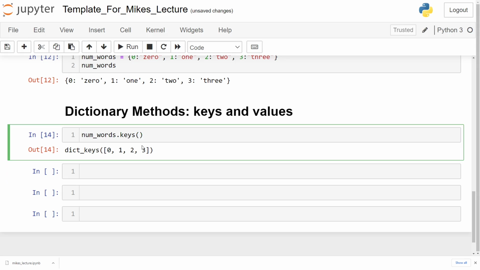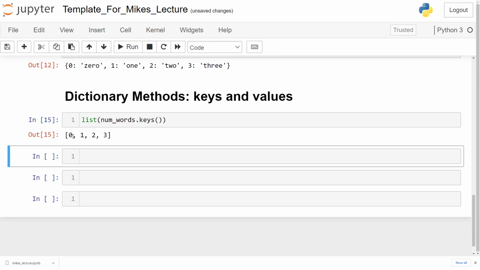To make this actually useful, we need to put this into a list. So we're going to convert this dict_keys data type into a list just like this. And now I've got a list that contains only the keys. So there's basically 2 steps here. The keys method gives me a special data object back, another type of data structure, and I can easily convert that into a list. And now I can use all of my list functions on it. Same thing with